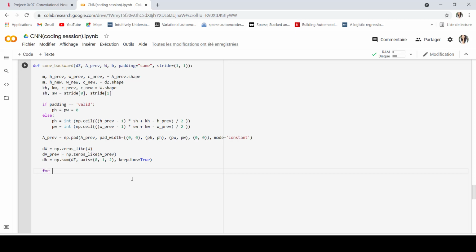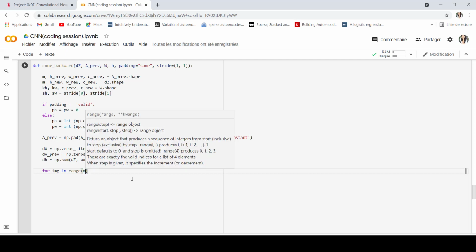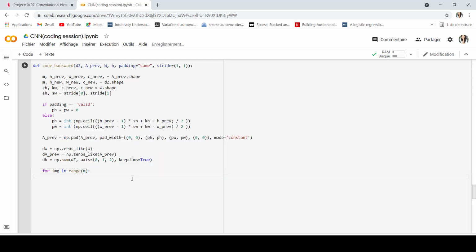The first loop will be through the images. I'm going to call it image in range M. Okay, now I fixed the image that I'm going to work with. So here for the other loops, I'm going to loop through the height, the width, and the n_C, the number of features.